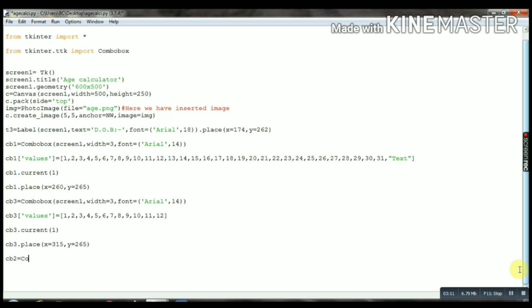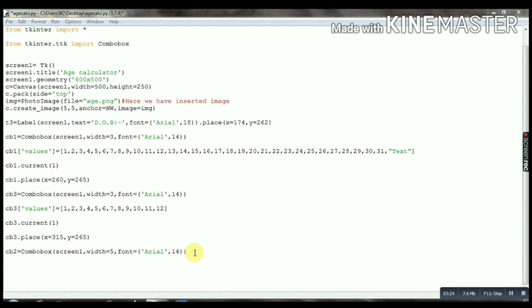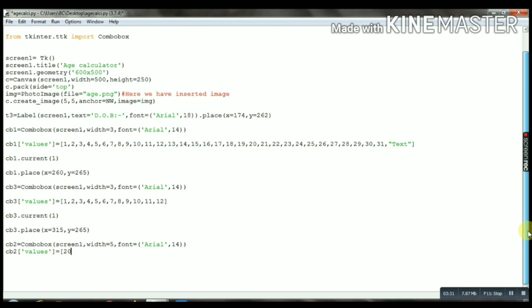Now we will create another combo box to take input year, same as above. For the basic idea, guys, I'm giving the values from 2000 to 2020, 15, 16, 17, 18, 19, 20.